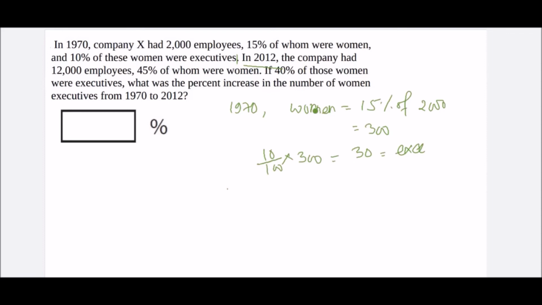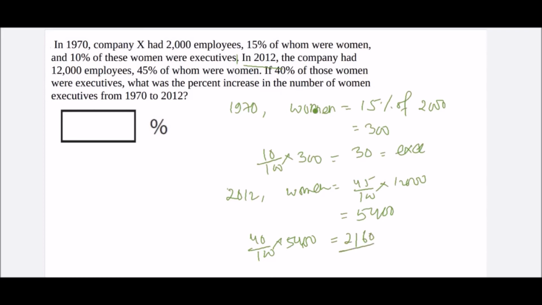those women are executives. So for 2012, total women are 45% of 12,000 employees. So answer will be 5,400, and executives are 40% of those. 40% of 5,400 will be 2,160. So now we have to find out what was the percentage increase in the number of women executives from 1970 to 2012. So percent increase